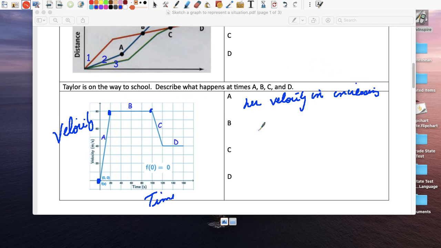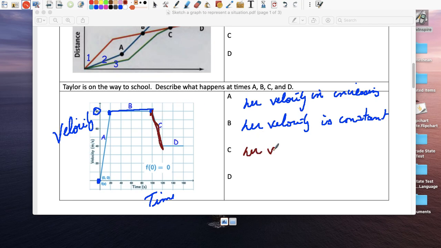In section B, her velocity is constant. And that's what I want you to know. Meaning that whatever this is, what is that, 80? 80 meters per second. From this section here, she maintains a constant speed. And then from this section right here, the end of B, section C,